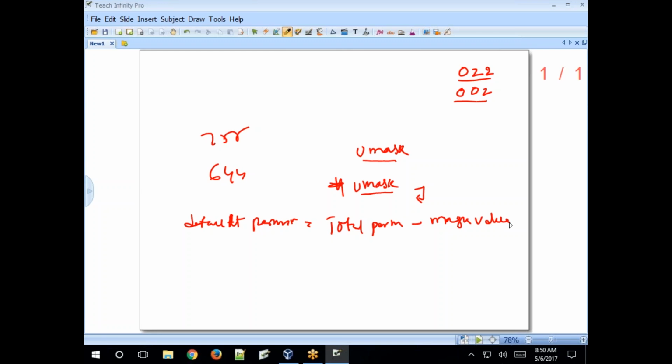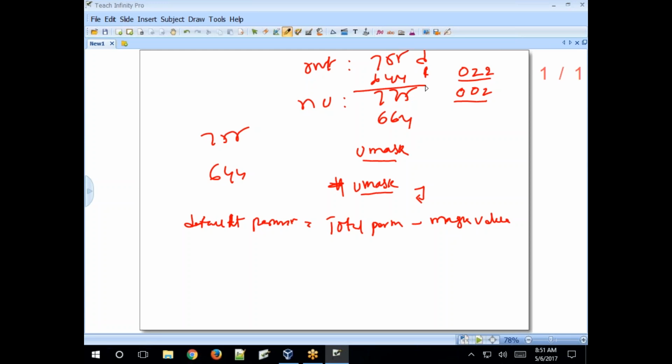Okay, already we discussed this, right? For a normal user account, default permissions for directories and default permissions for files. So what are the default permissions for normal users? 775 for directories, 664 for files. For the root user account, 755 for directories, 644 for files.